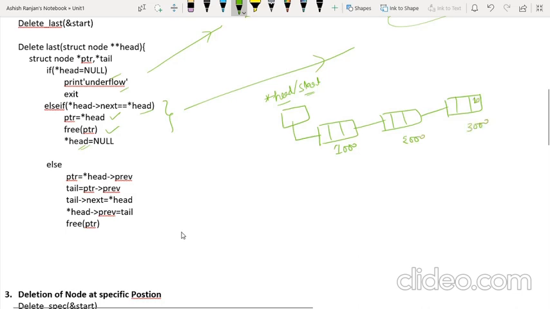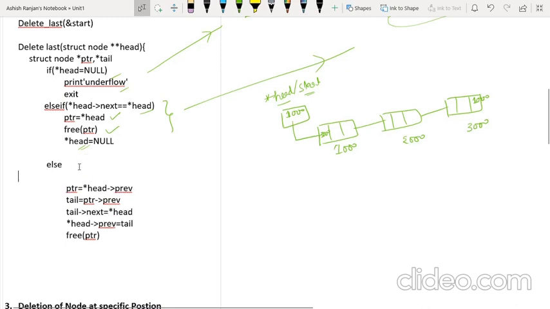Here the 1000 address is stored, and here the 3000 address is stored, and here the 1000 address is stored. Now we have already considered PTR. One more thing I am writing here: PTR is equal to asterisk of head. It means with this syntax, PTR is pointing to this node.